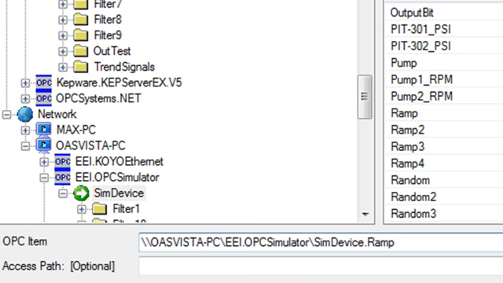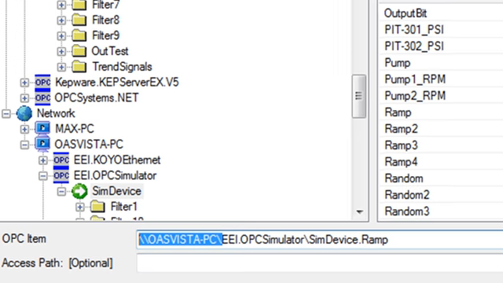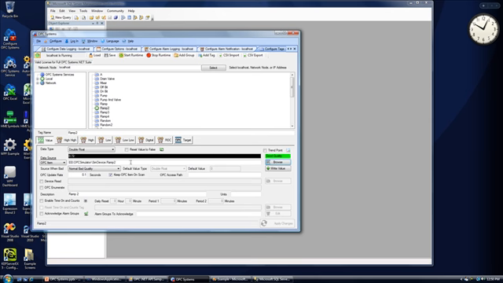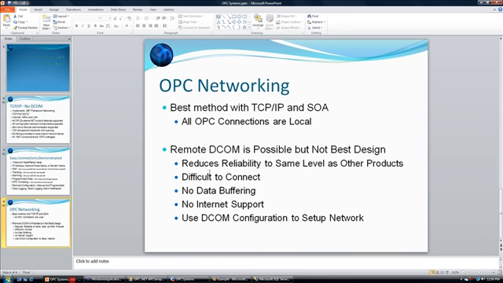And we see that it includes also the network node name with double backslash in front of the OPC server and item name. But again, not really the best way to do that, because then you've downgraded the reliability of your system. If you remember these points we were talking about, it's difficult to set up a connection, no data buffering, there's no support for internet connections over remote DCOM,